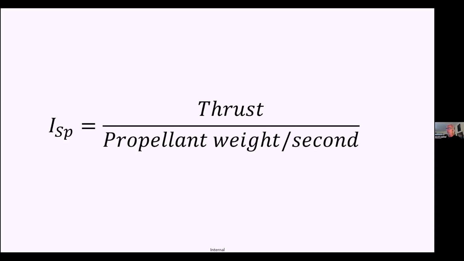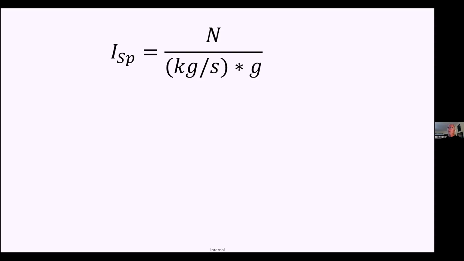Well, the reason why, of course, is that thrust is also measured in the same units as weight. So what ends up happening is that thrust is measured in newtons. And then you have your mass flow rate, which is going to be kilograms per second, but they sneak this gravity in there to convert that over, because you can put that in there.